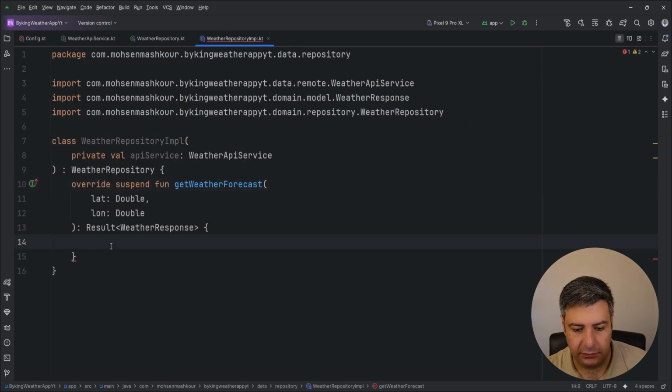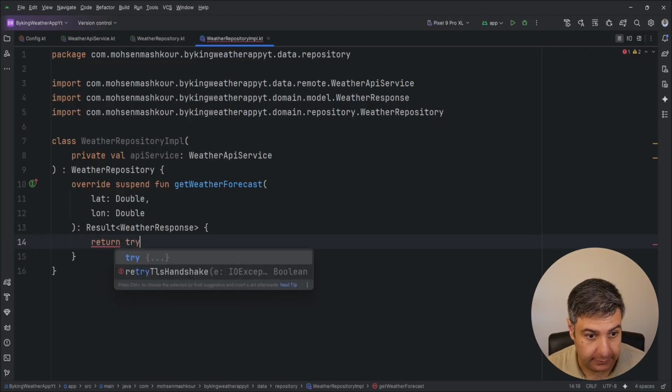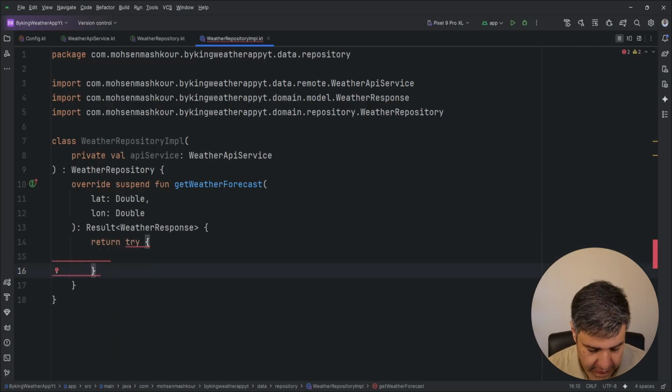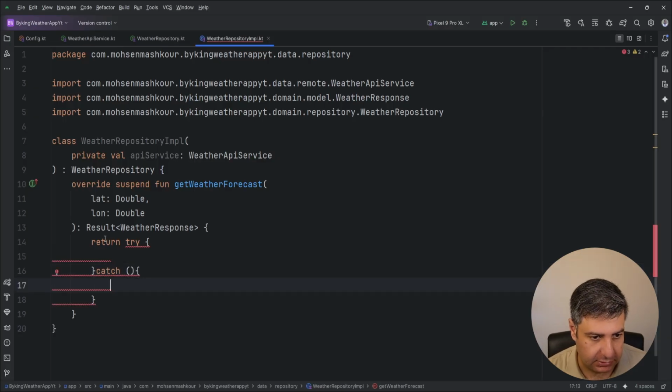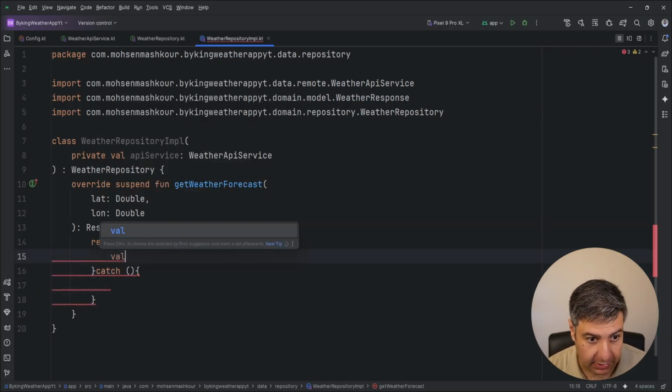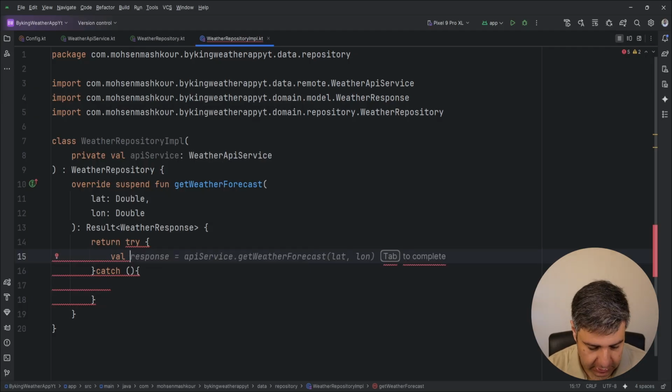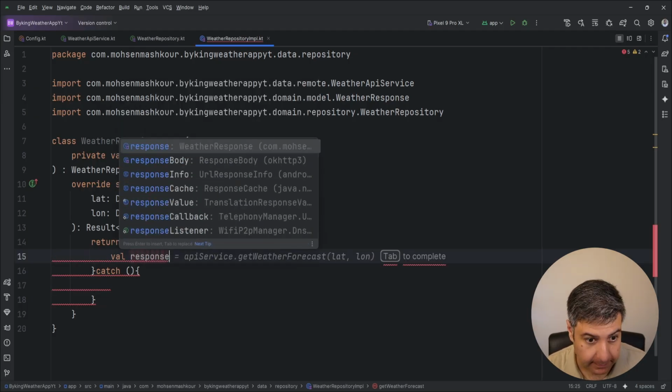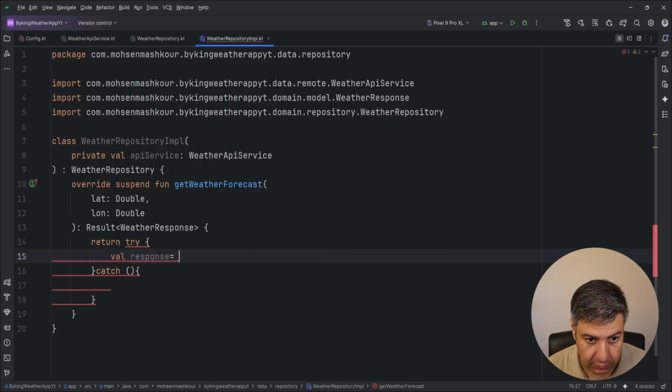Okay, here we need to return something. So let's write the return and try and catch and the block of the catch, and here start from having a value, calling it response, equals to